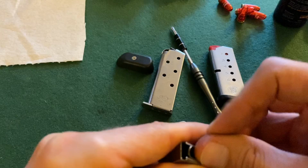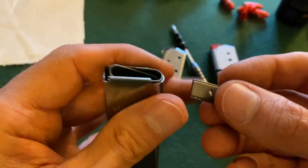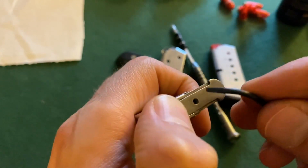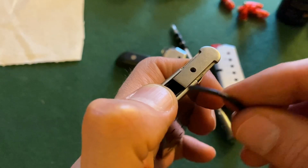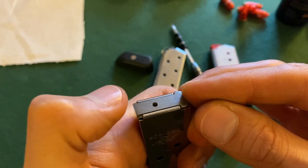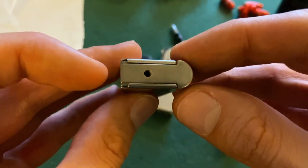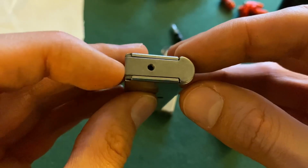and then compress it. Once you get the spring all the way down like this, take your metal plate, push it on top of the spring, this track right here on both sides, underneath this metal lip right here and here, and then push it back until it lines up just like that. See how it's lined up? This part's not sticking too far forward, and this metal plate is not sticking out past this part, the flat